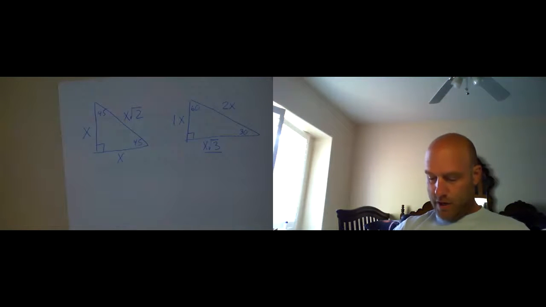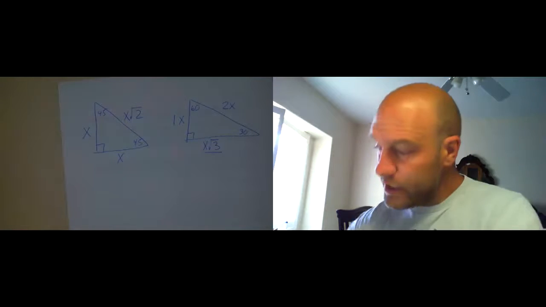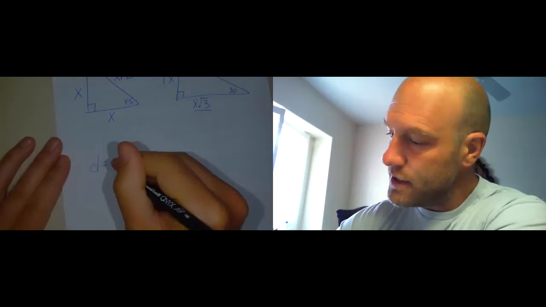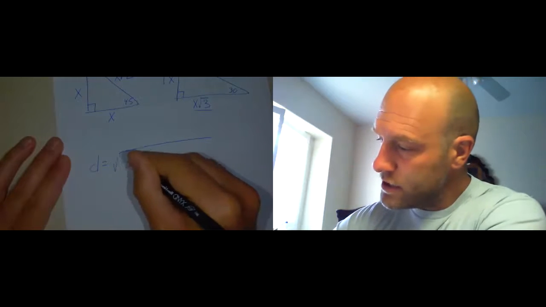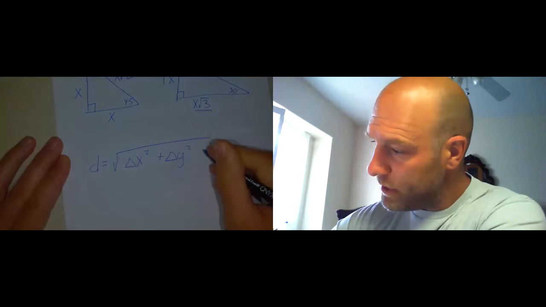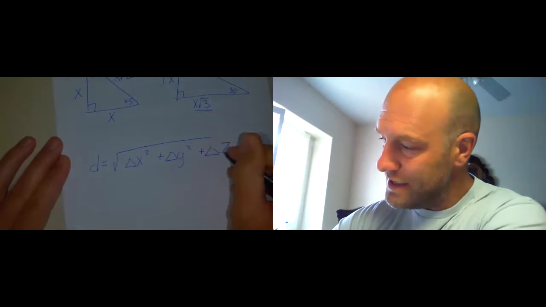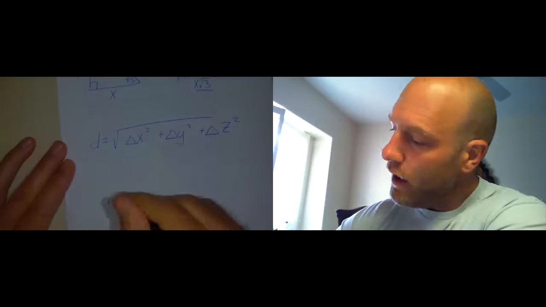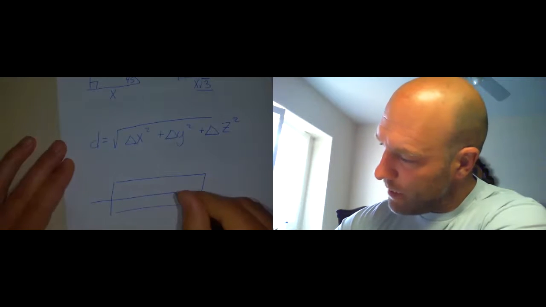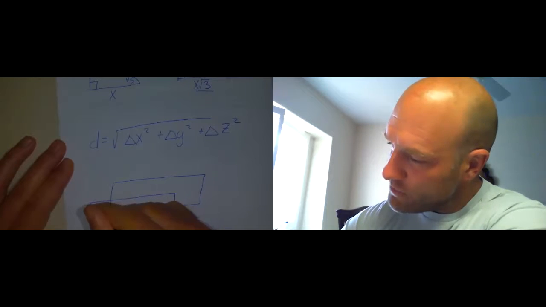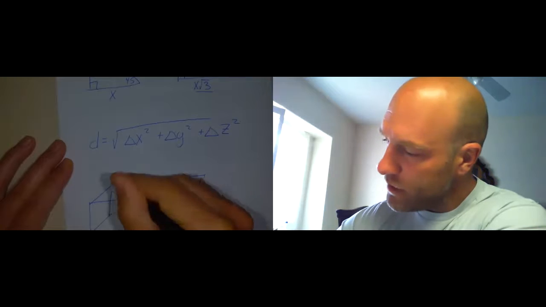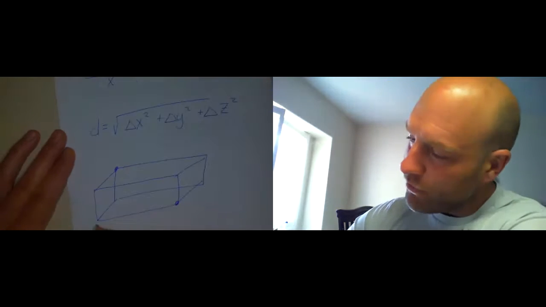And the last section that we're going to cover right now is the 3-dimensional Pythagorean's theorem. Just to get it out there, the distance is the square root of the change in x squared plus the change in y squared plus the change in z squared. If I give you the simplest application of that, if we look at some sort of shoebox, tissue box looking thing, and we move from this corner to that corner,